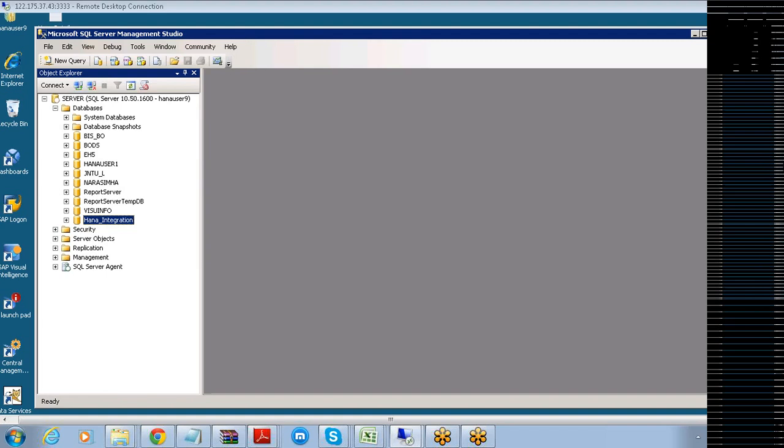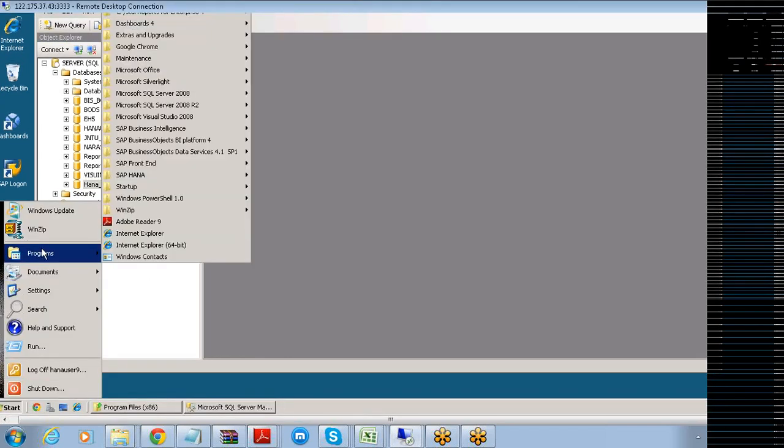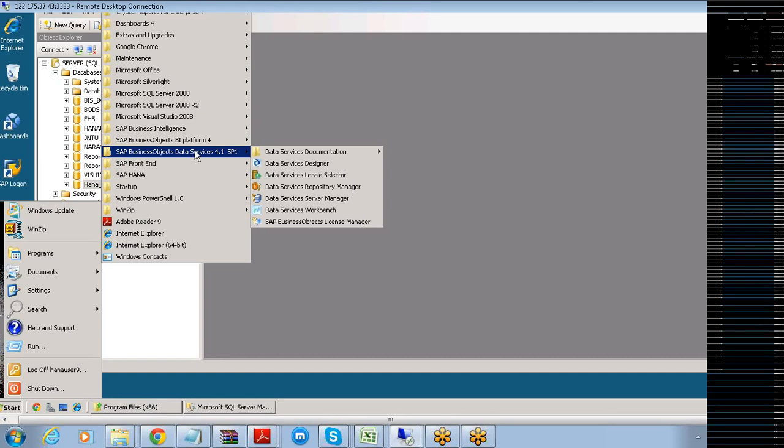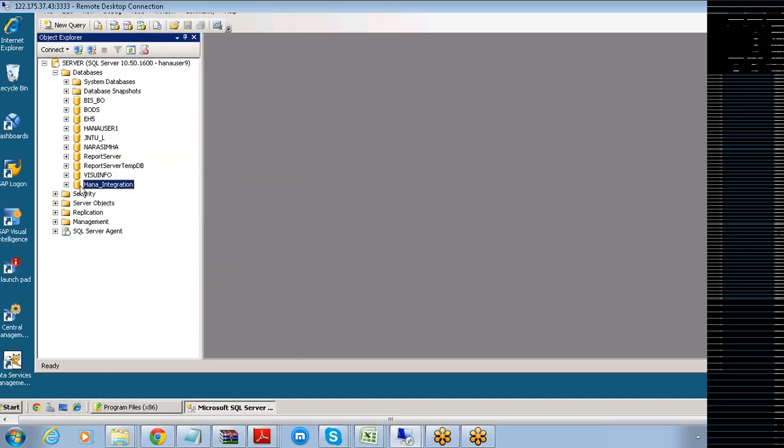Once this is done, the next step is I go to Start, connect to Programs, and within these programs I go to Business Objects Data Services, and here you have something called the Repository Manager. The Repository Manager is the place where your repository is supposed to be created, and whatever tables you are going to create are going to exist in your HANA integration database.